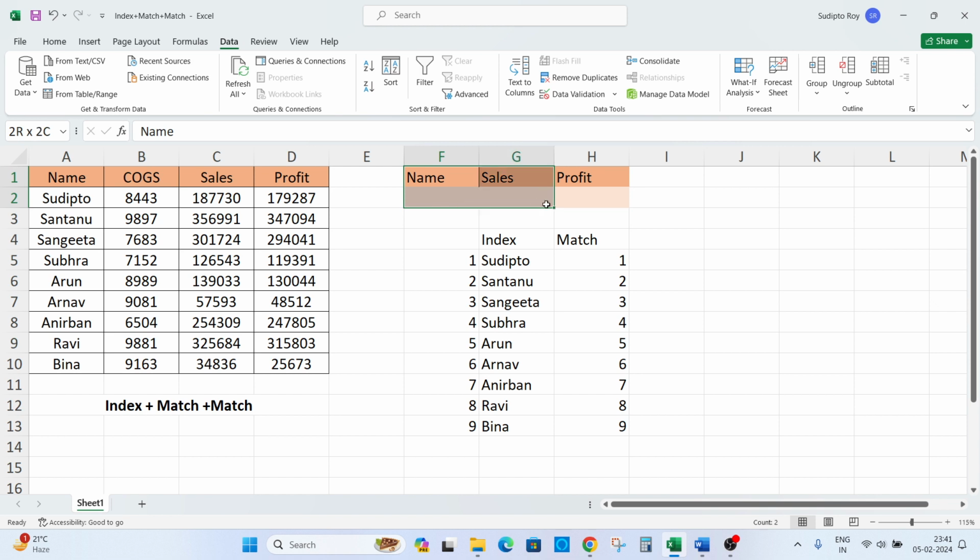Good evening. Welcome again to another video that I'm going to post tonight on YouTube on Excel. And this is regarding a very important formula, which is the INDEX plus MATCH and MATCH formula. This formula, INDEX MATCH MATCH, is a very good substitute for the traditional VLOOKUP formula that we use on a